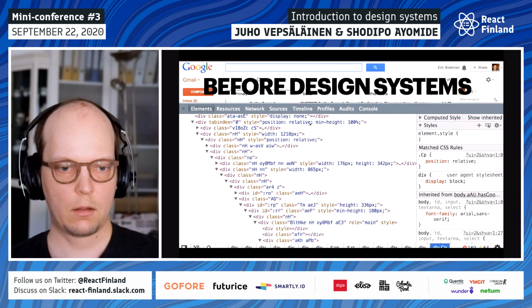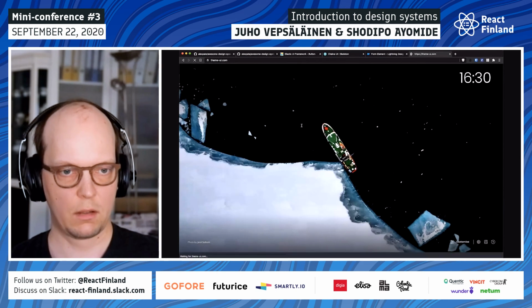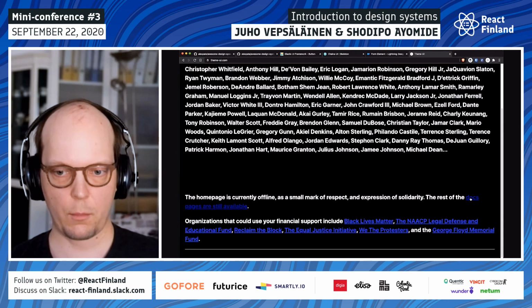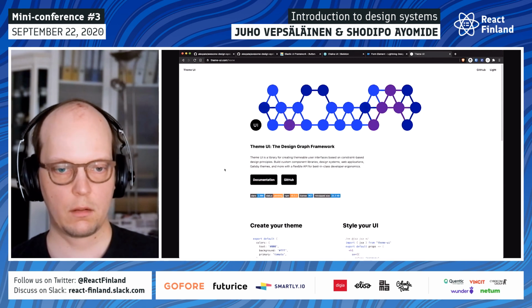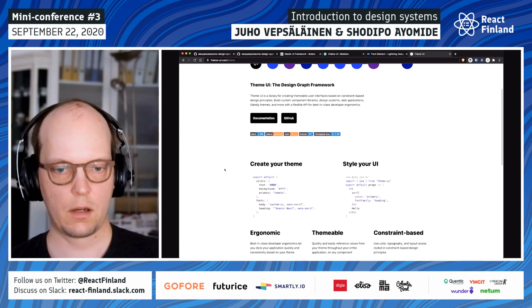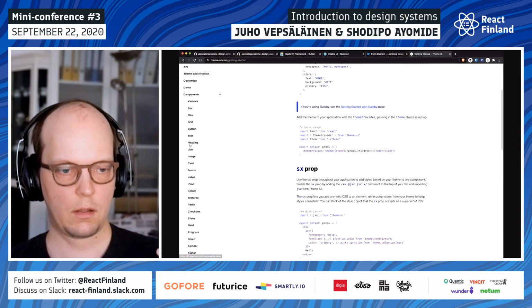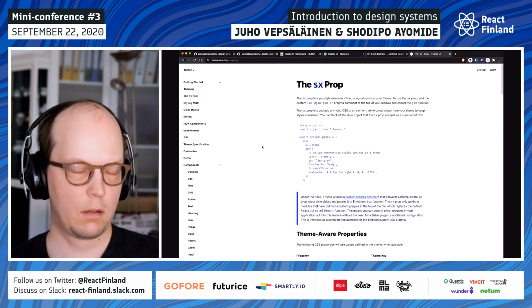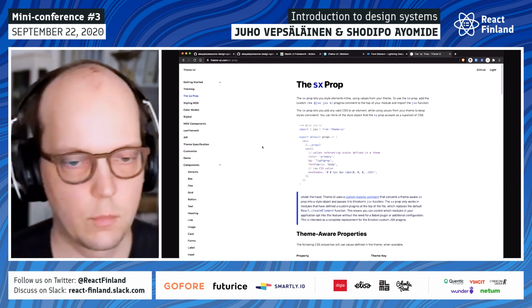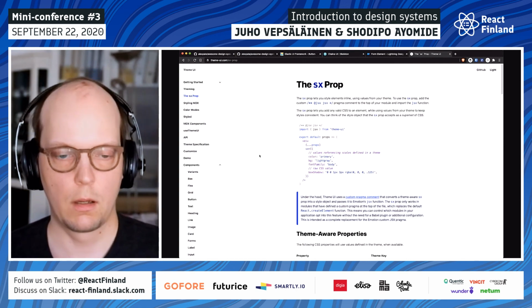And I guess the last point I want to make is that what opened the topic for me was looking up something like Theme UI, because Theme UI really gives you the starting point. It has its basic primitives, there's Box and Flex and everything that you need. It's quite cool in the sense that it provides enough flexibility, so you can still use the system, but you can go around the system.